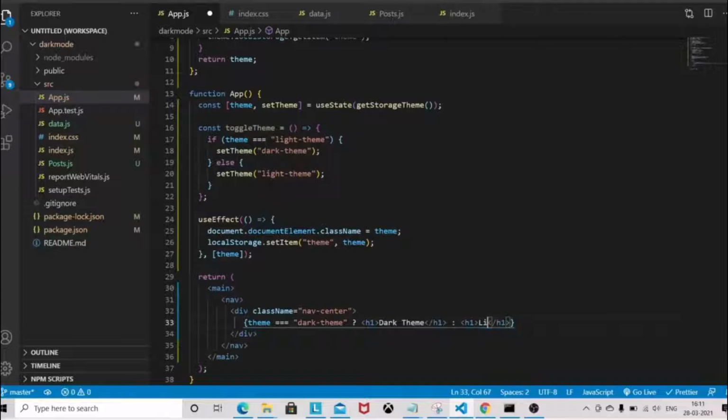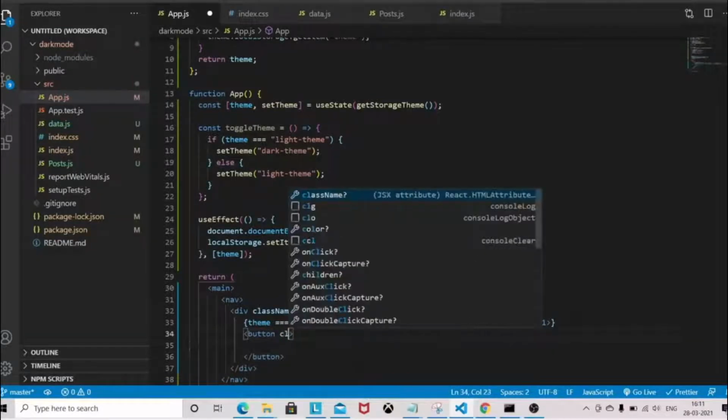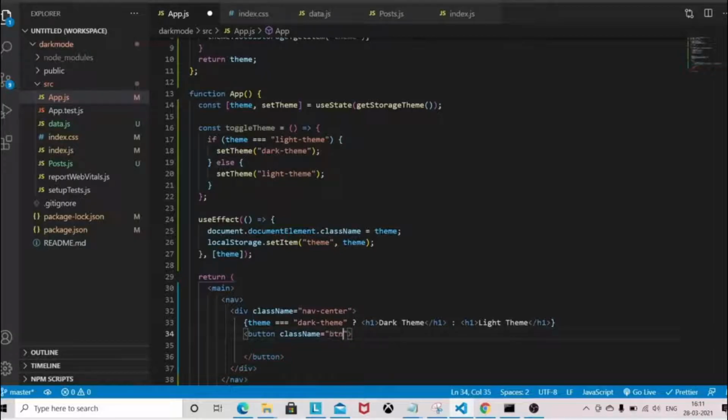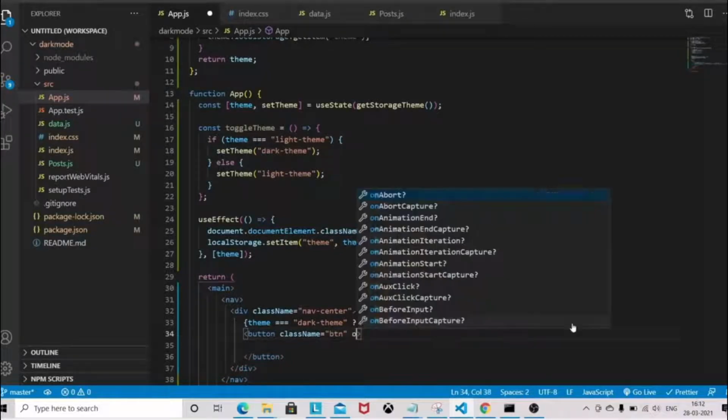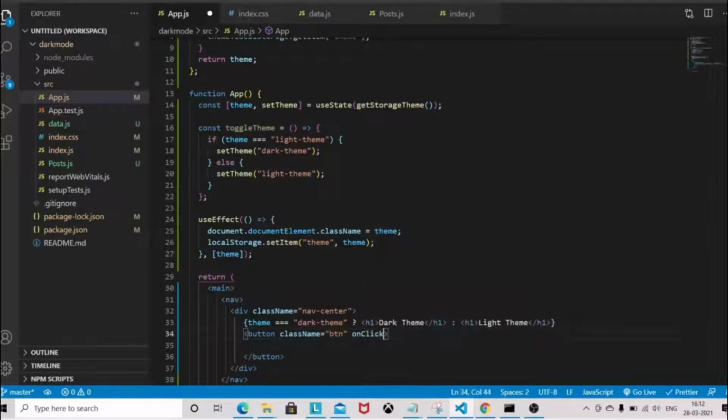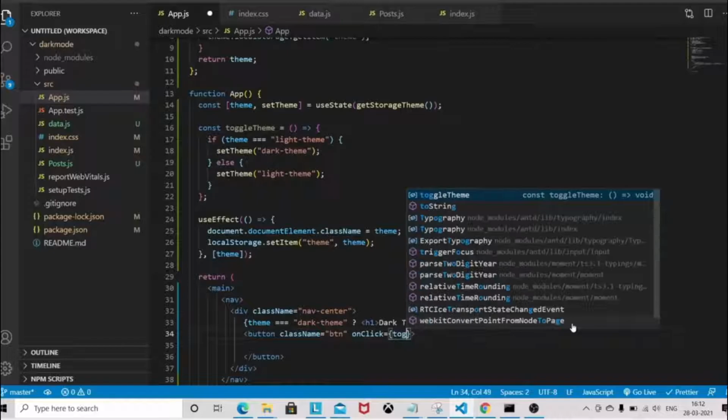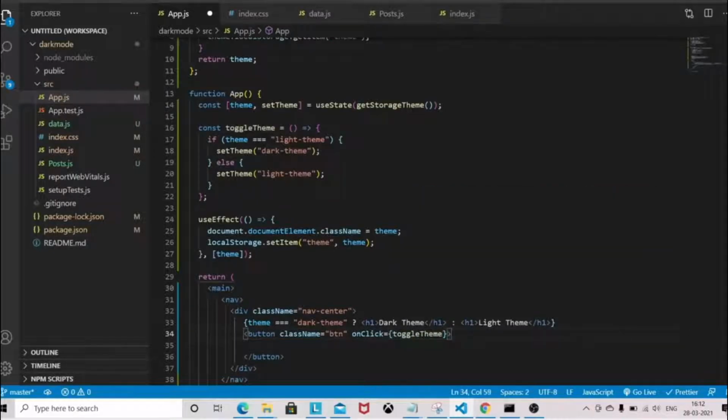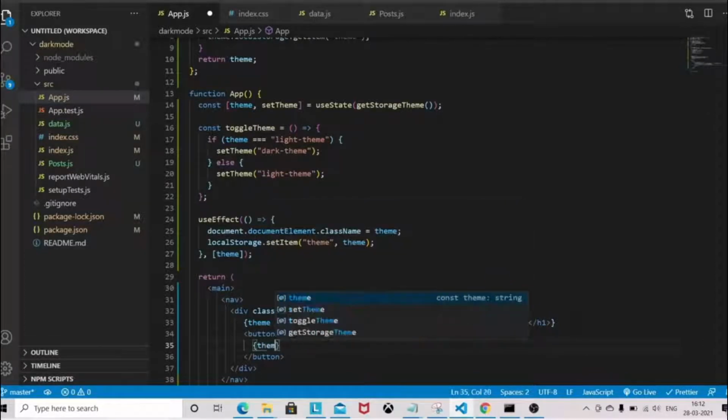So we have defined the heading, and based on toggling this heading will get changed, and we also need to define that toggle button. So on button I'll have a class name btn, and we will be defining the on click, and on click we are going to provide that toggle theme function which we have already defined outside the return.